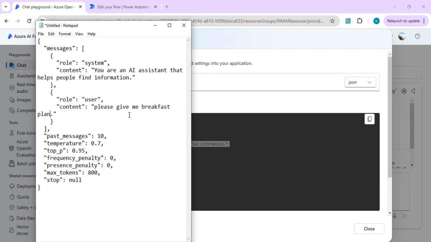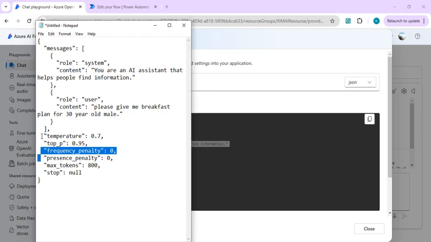Please give me a breakfast plan for a 30-year-old male adult. And over here, this pass messages, if you just want to keep all the chat histories, otherwise you can remove this. And this frequency penalty, presence penalty and max token, this one you can keep, and other things you